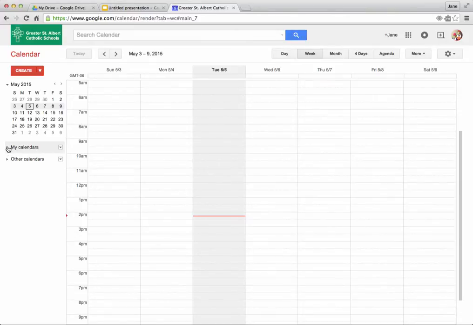On this side is My Calendars, which I can click on to expand, and I can also click on Others Calendars to expand. And right now I don't have any Others calendar, but I will show you how we can add all of those. So first of all, in My Calendars, you're able to add multiple calendars inside one Google